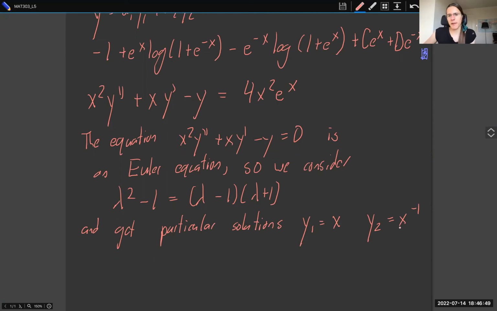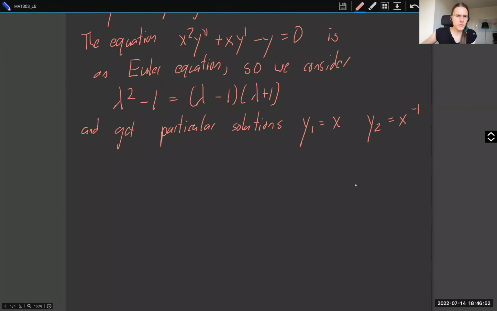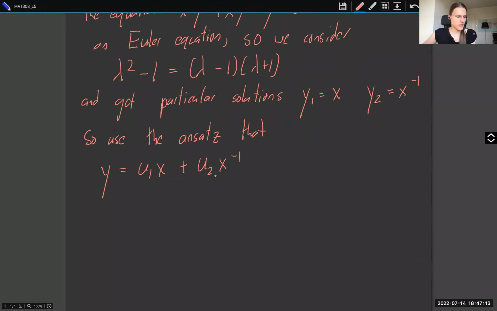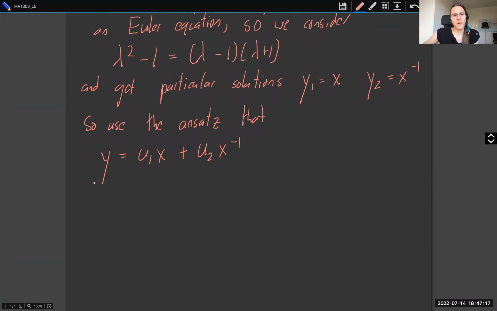So if we remember what the method for writing down the solution was from last time, use the ansatz that y is equal to u1 x plus u2 x inverse, with the constraint u1 prime x plus u2 prime x inverse is equal to 0. So with this, then we have,